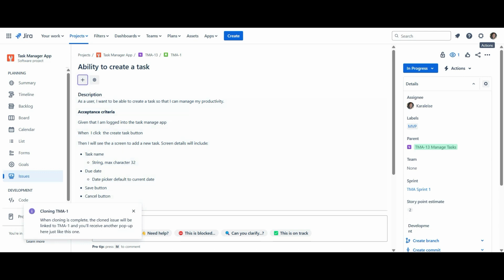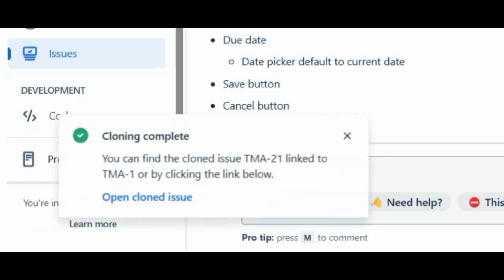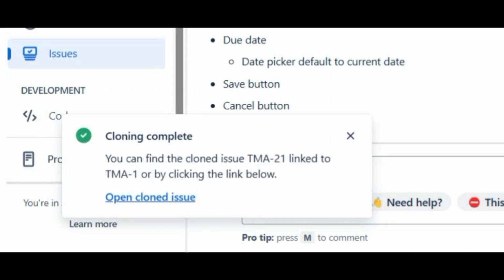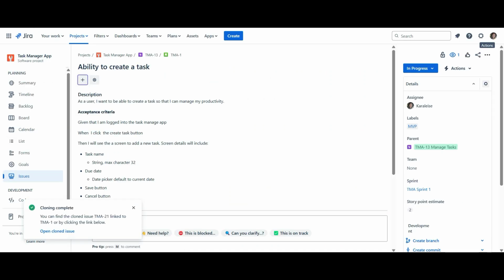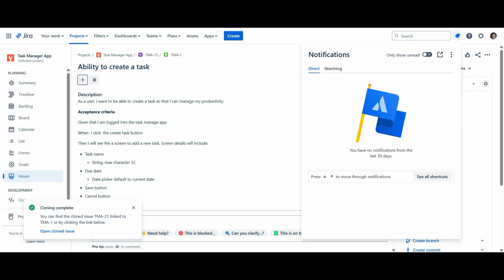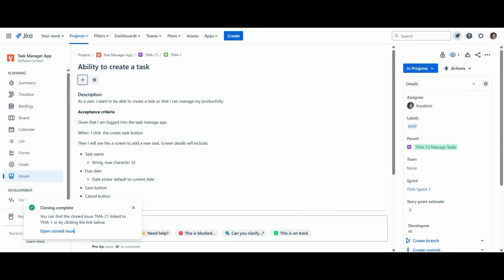So as you can see, Jira shows you right away that it's in the process of cloning. And when it's done, it shows you right away that it's cloned, which I like. I like that it's right here as opposed to having to wait for it under my notifications, because under notifications, I could have a number of things going on. Right now, I don't have any notifications, but I could have many, many things, and it might just get too crowded over there. So I like that Jira actually pops it up at the bottom of the screen right here